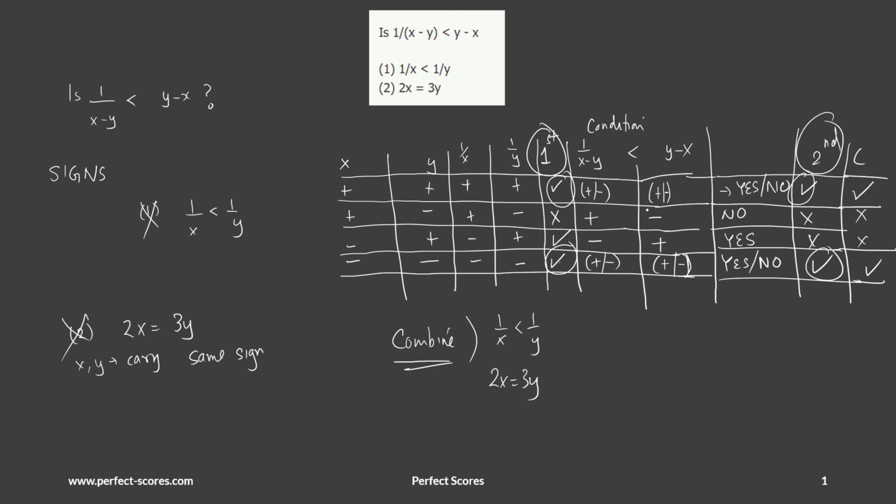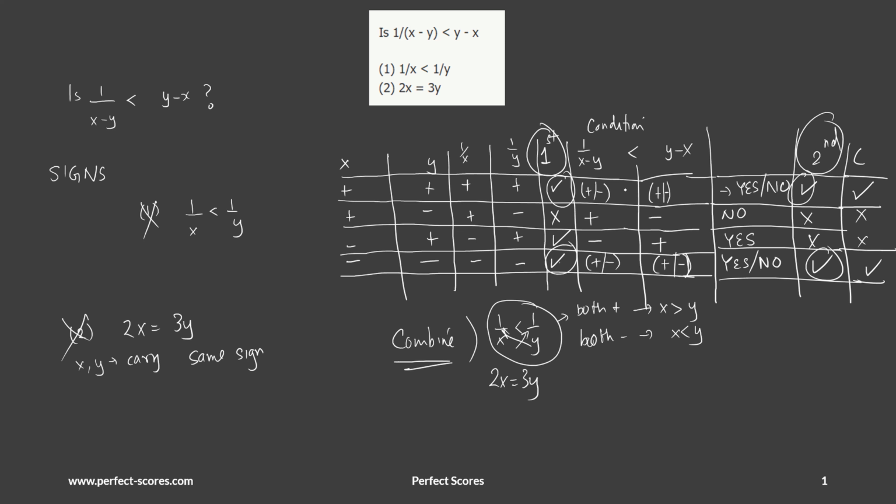So in the first and the last one, they do carry the same signs, but I also have a difference in terms of their magnitude now. Because now if x and y carry the same sign, I can clearly figure out their magnitude. Like I can know whether x will be greater than y or x will be less than y. So if x and y are both positive, then clearly you can say that x is greater than y from here, right? You can just take them to either side and you'll get x greater than y. If both are negative, then x is less than y. So you do have an understanding whether x is greater than y or x is less than y.